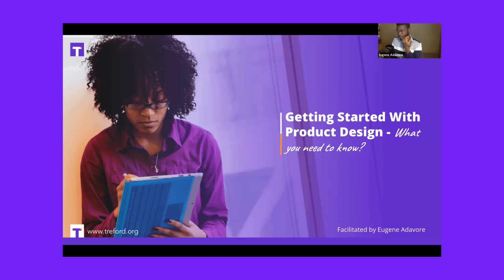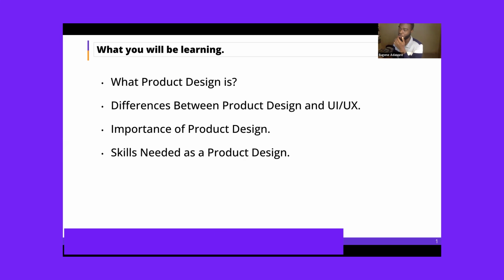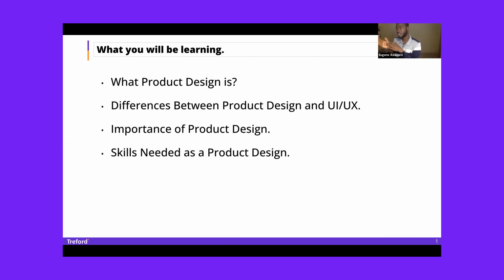So let's get started. From this session, we will know what product design is. We'll also know what product design and UI UX are. Are they the same? Are they different? What are the differences? We'll talk about the importance of product design. Why do we need it in everyday life? Is it important at all? Then we'll talk about the skills that we need as a product designer, UI UX designer, as a case